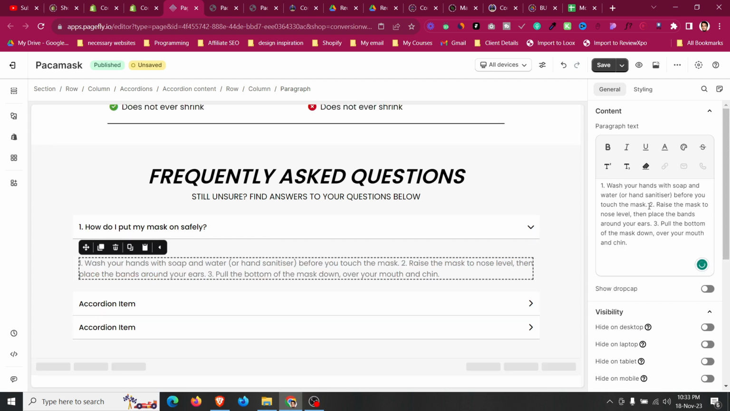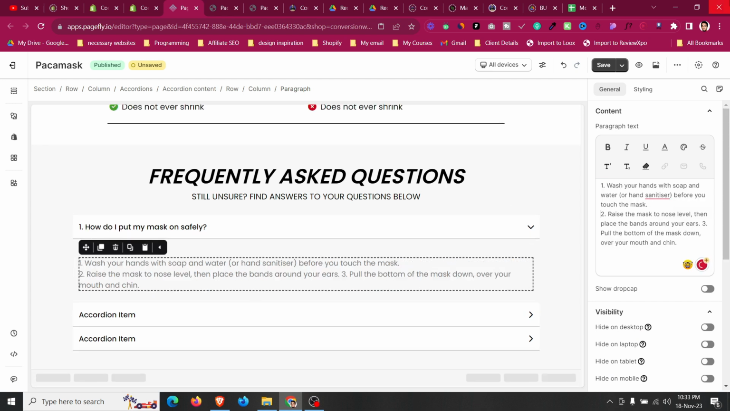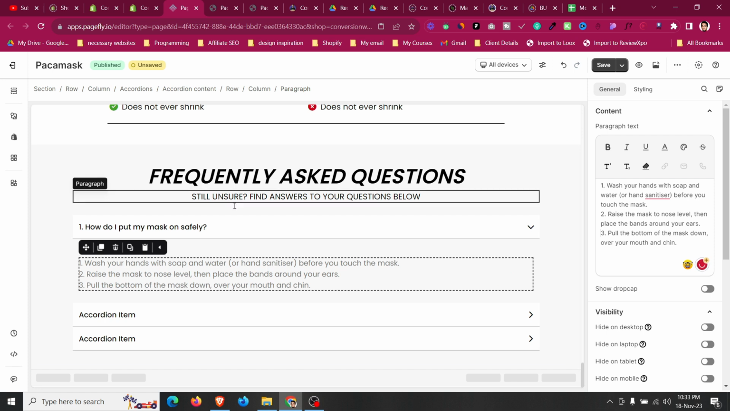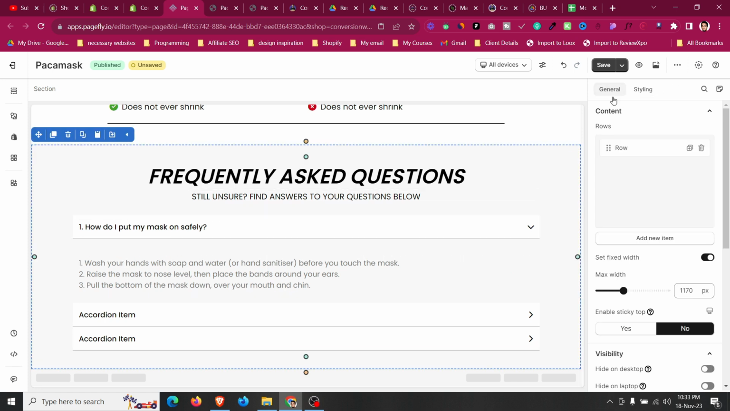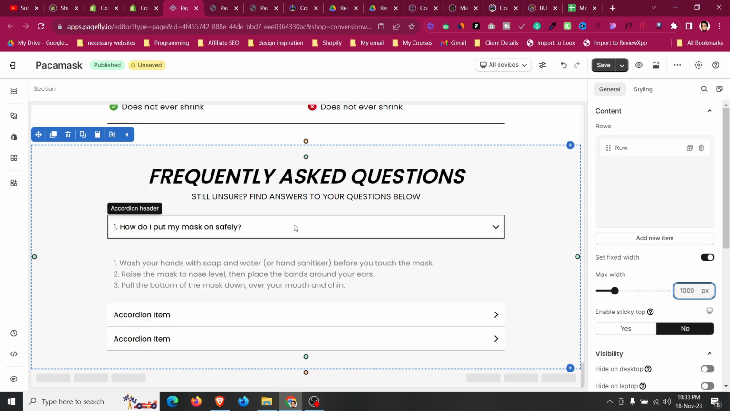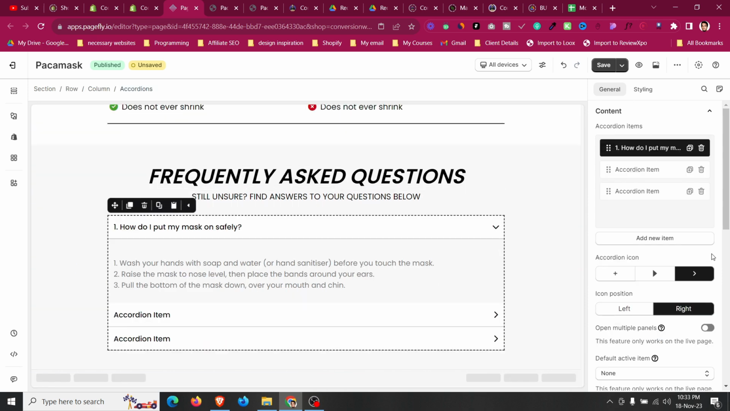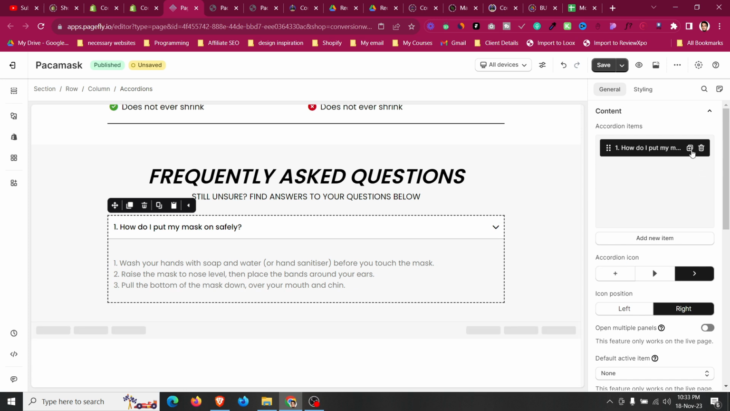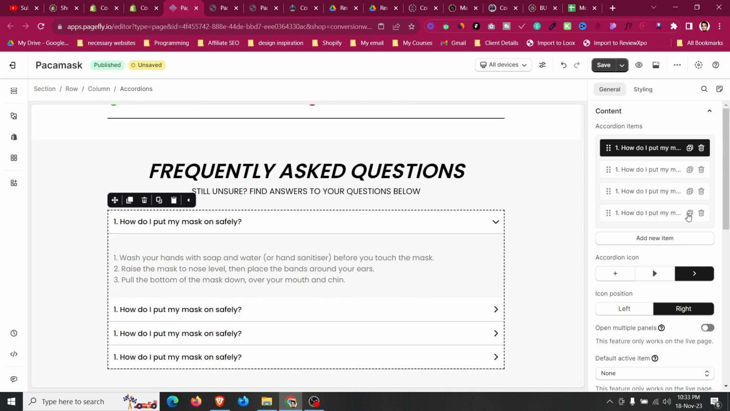Okay, and you can give spacing, like come here, click enter, then come here, click enter if you want to give some spacing to your answers. Okay, something like this. Then you need to click on the section and then just reduce the section width to 1000 for that particular area. Then click this accordion, go to style, then delete all of them and then duplicate it 3, 4, 5 times,